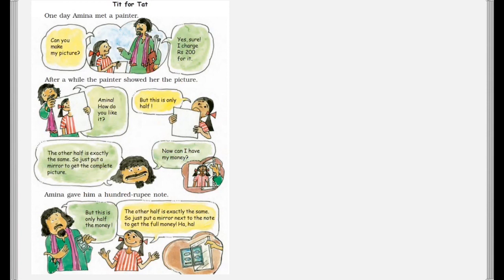Okay. Now the painter had made many such drawings in which he drew only one half of the things. Draw the other half of these pictures and find out what these things are. Okay, try doing it with a mirror. So you can place a mirror over here like this, and then you can draw the rest of the drawing in all the cases. Okay, so just put a mirror and try drawing the rest of the drawing.